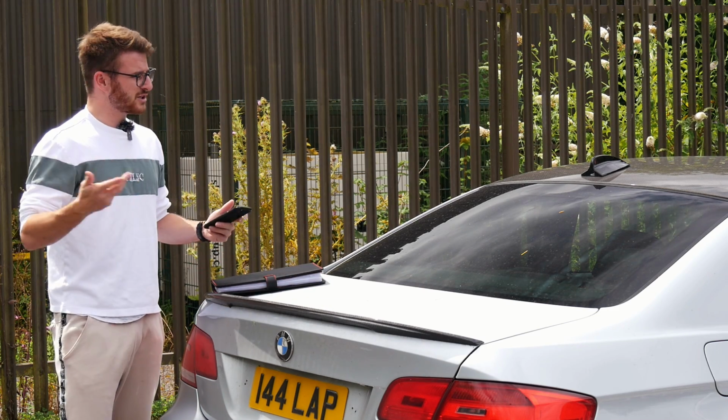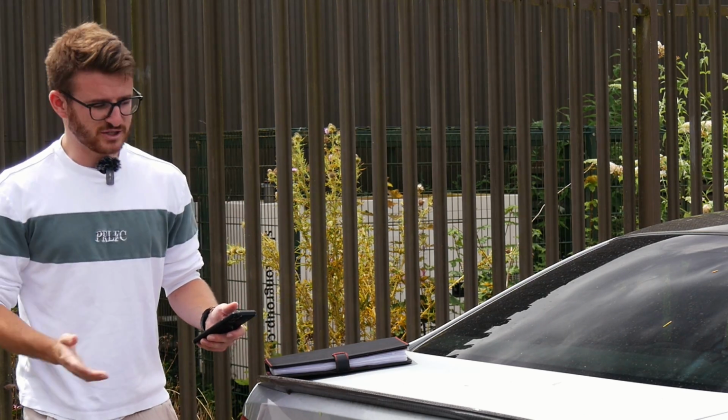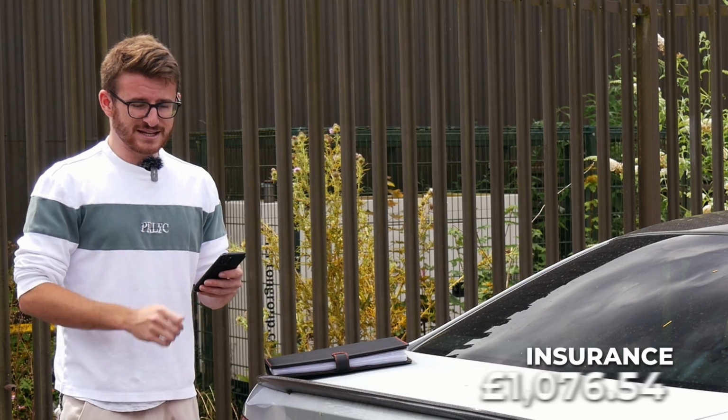And what we're going to do, excusing the phone, is we're going to crack straight on with this and start with insurance. Okay, insurance, one of the most important things that you need for a car, but something which is different from person to person. On this car, I pay actually quite a reasonable fee, I think, and I'll get on to why. And that fee is